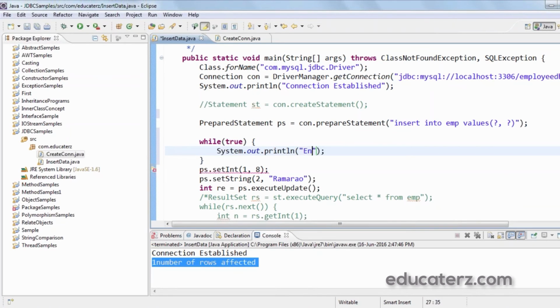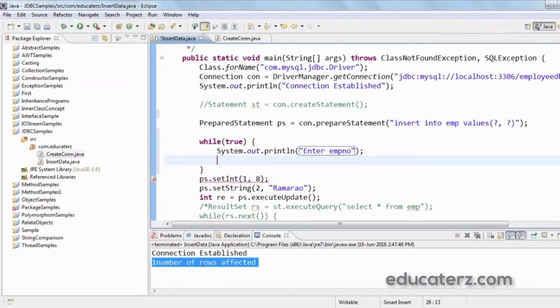So enter EMP number. The user will enter some EMP number, which I need to capture in a variable, empNumber equals. For that I need a scanner first.